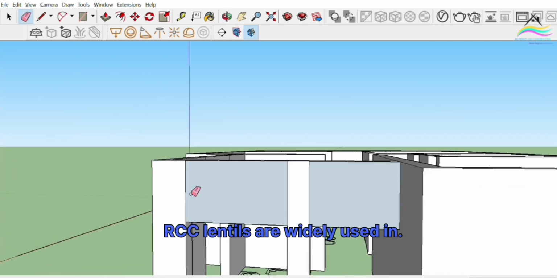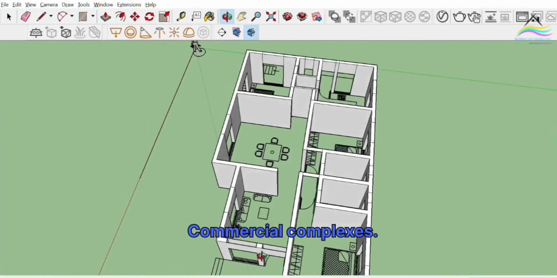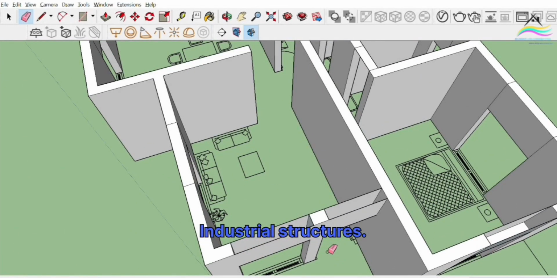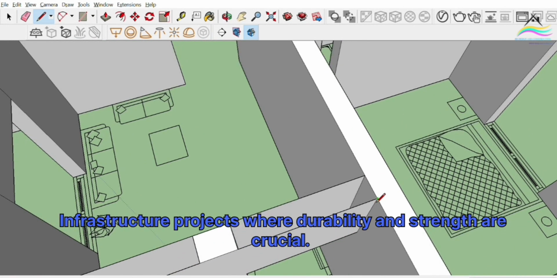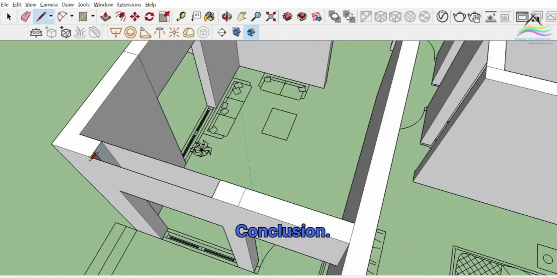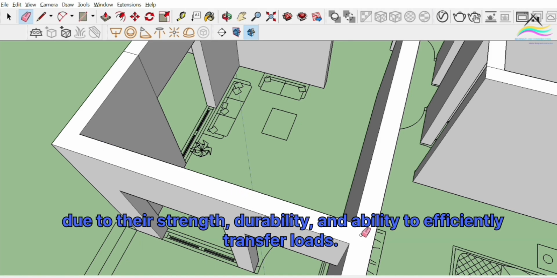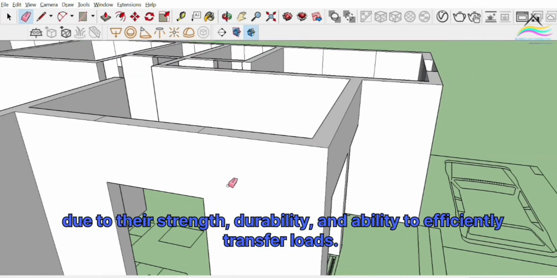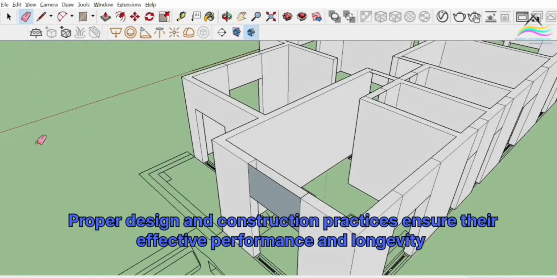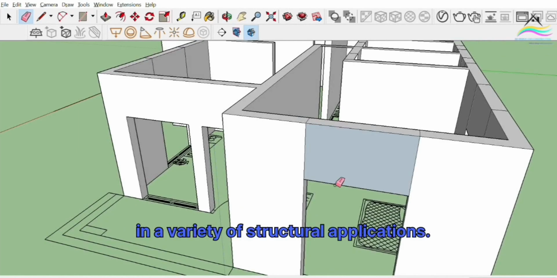Applications. RCC lintels are widely used in residential buildings, commercial complexes, industrial structures, infrastructure projects where durability and strength are crucial. Conclusion. RCC lintels are a reliable and commonly used structural component in modern construction due to their strength, durability, and ability to efficiently transfer loads. Proper design and construction practices ensure their effective performance and longevity in a variety of structural